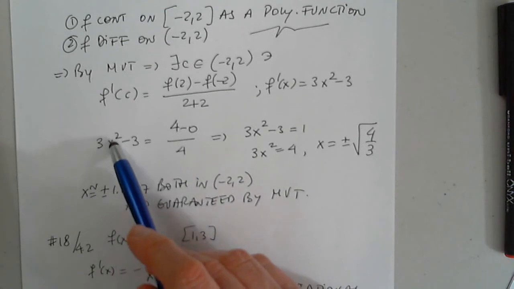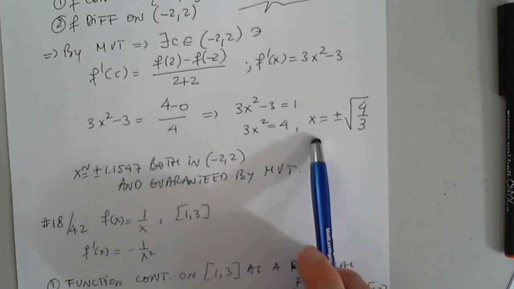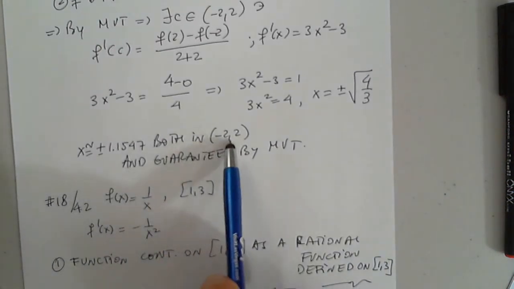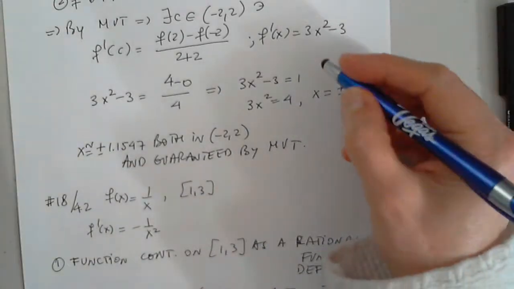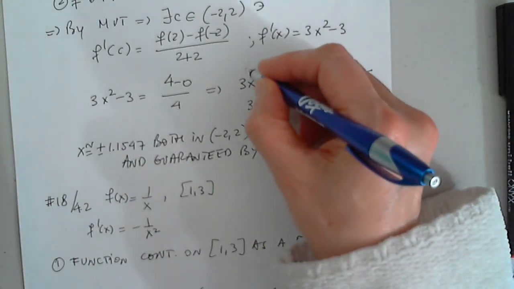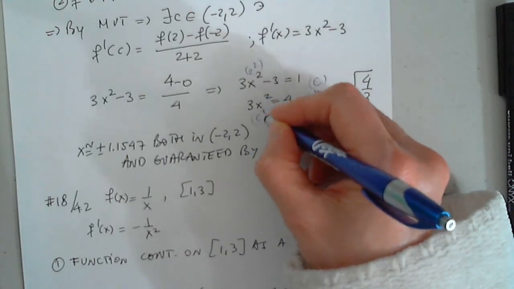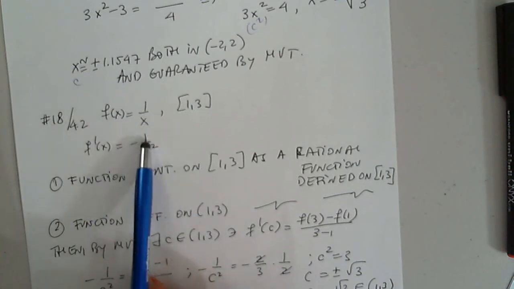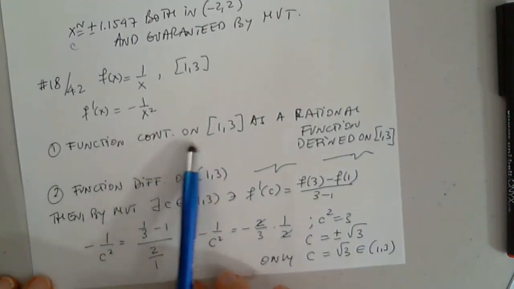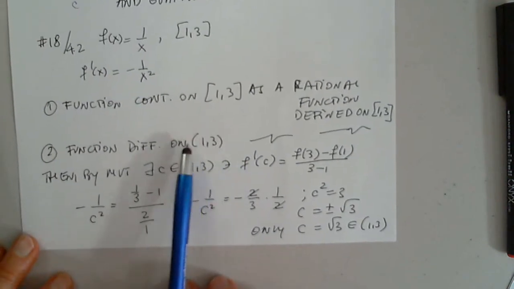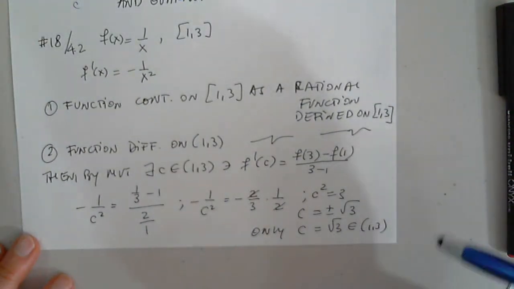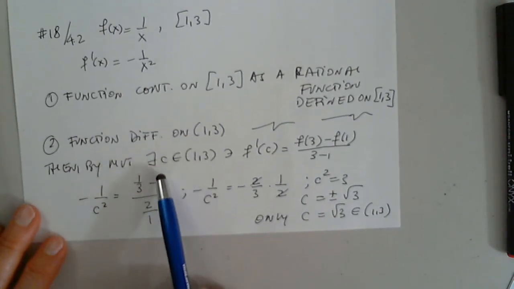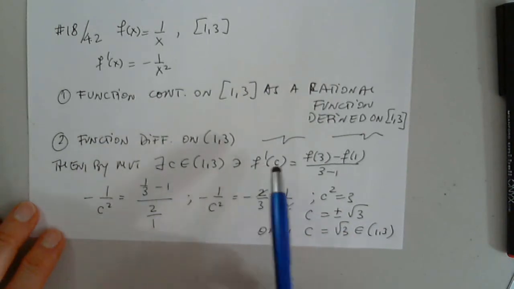So this could be either c or x, the same thing. So then c is plus or minus the square root of 4/3. Both work because they're both in the interval. So again, if you want to use c, you can use c here as c squared, same thing. Same thing here, we're given this function, its derivative is -1 over x squared, it's continuous on 1, comma 3, differentiable on 1, comma 3, it's a rational function defined and continuous there, and differentiable there. Then by MVT there exists a c in the interval 1, comma 3 such that f prime of c equals